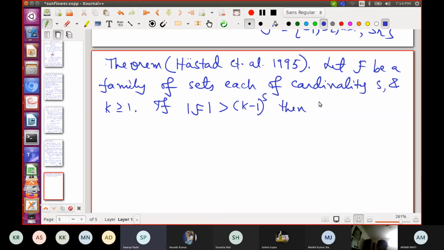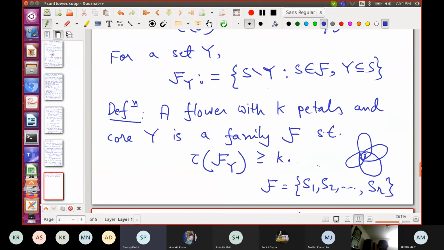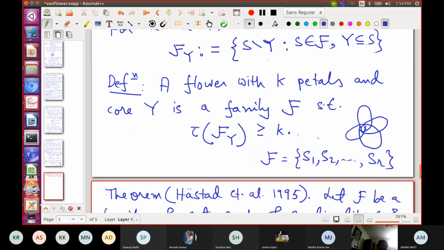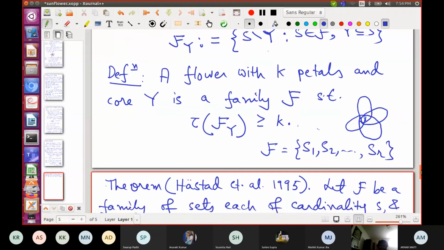So sir, in those cases where we cannot really call that, we can say that any K elements of the family, if we take, then we can say that they are petals, any K elements. Yeah, so you can say whatever you want as petals. Yeah, I don't know what to say about that.